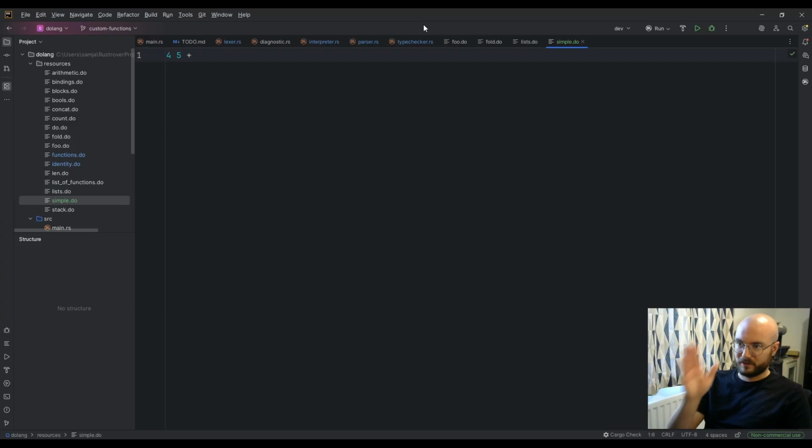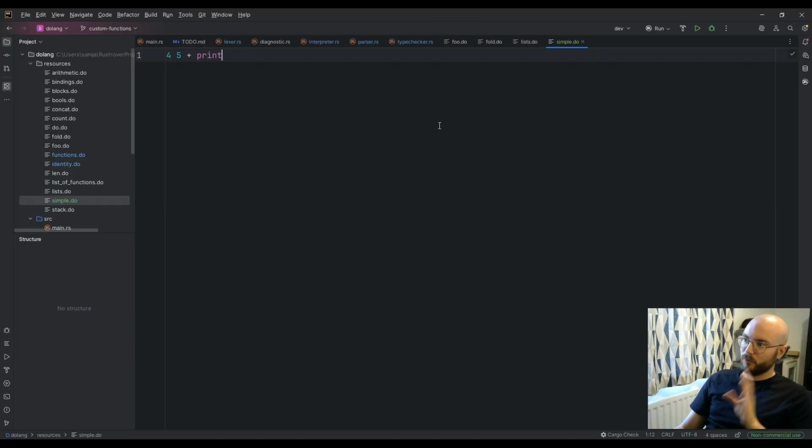This is an interpreted language for now. I have plans about how this is going to become a compiled language, but I'm not sure that that's the route I want to take yet. So as the interpreter goes along, it pushes 4, pushes 5, pops them off, adds them together, and then I can print out the result.